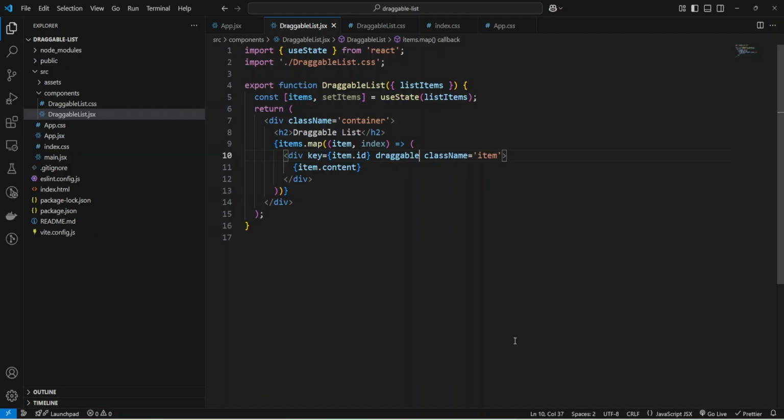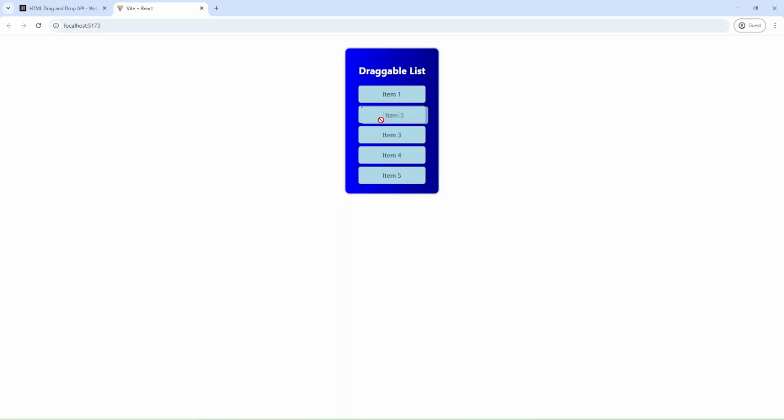Let's make our items draggable, and for that, I'm going to use the draggable property. Okay, and let's check now. And as you can see, I can drag my items, but I cannot drop them because I need to provide more functions.